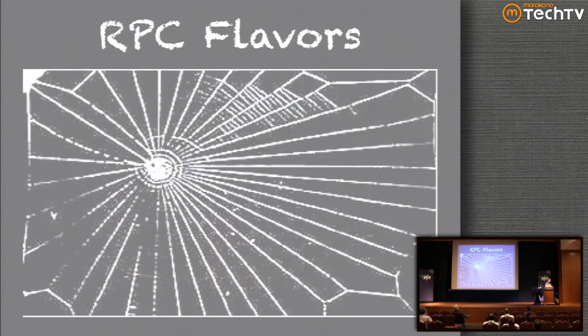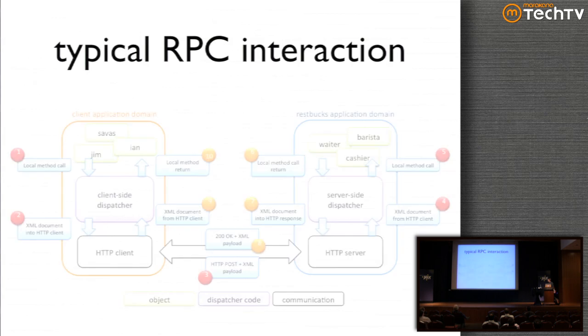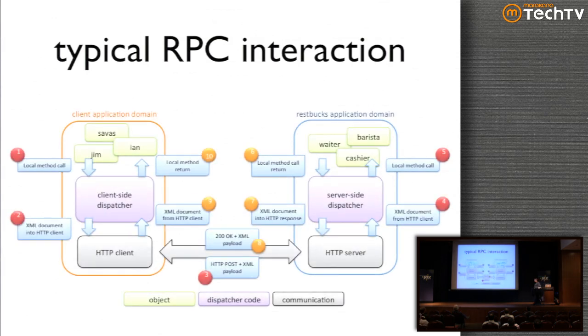And so one of the easy ways to model this is just to use remote procedure calls. And this is how all of SOAP works, and XML RPC, and a bunch of other protocols. Basically, the idea is the client application makes a local method call, which gets translated into an XML document. That gets posted over HTTP, which gets picked up, deserialized, some work happens, serialized back with a payload and a 200 OK, and then deserialized back, and then the local method return does some useful work.